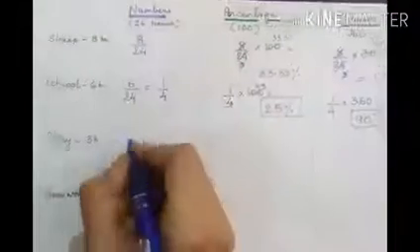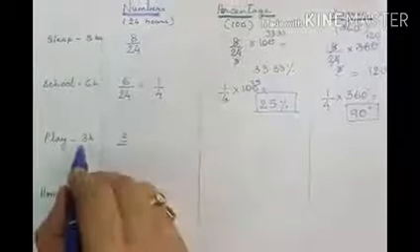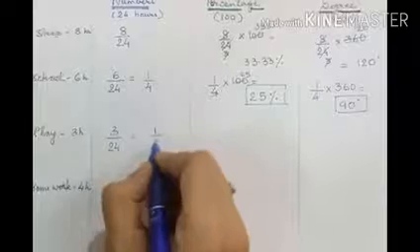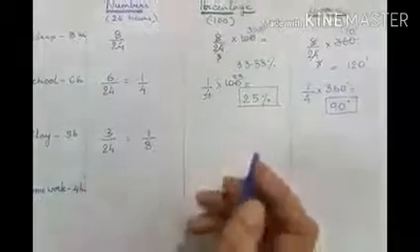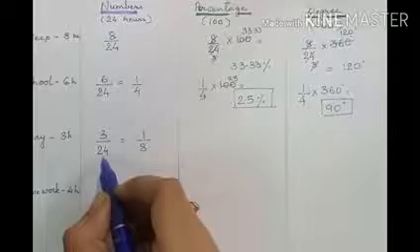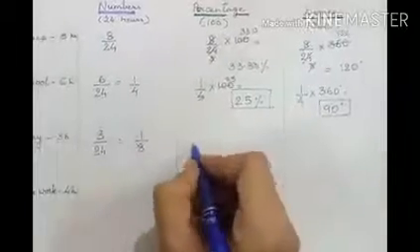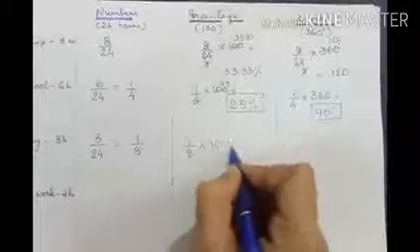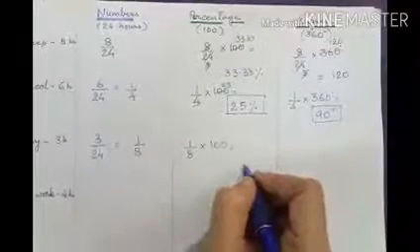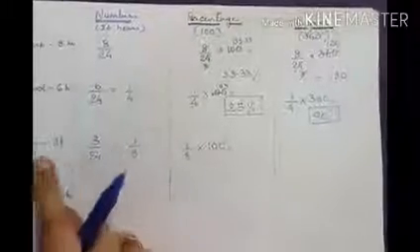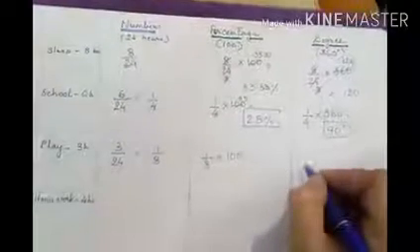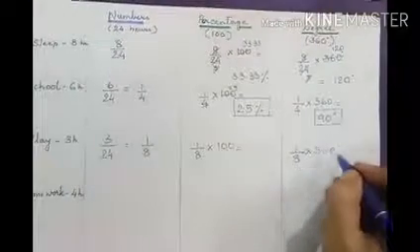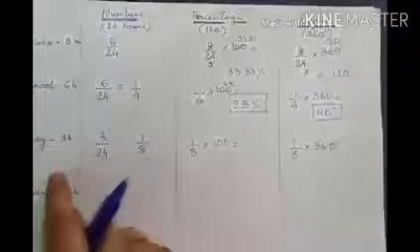Similarly, one more, let's see. It is 3 hours of play. 3 out of total 24 hours. So what is the fraction? 1/8. You can keep it like this, or you can bring it to reduced form. This is reduced form. 3 8s are 24. To convert it into percentage, this fraction I will multiply with 100. And whatever I get is the percentage, which represents playing hours. And similarly, 1/8 I will multiply with 360, and whatever I get, that will represent the degrees of playing hours.